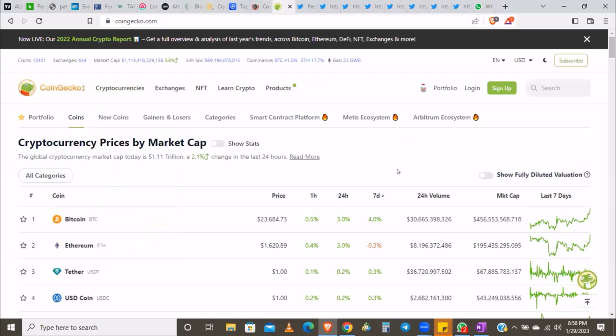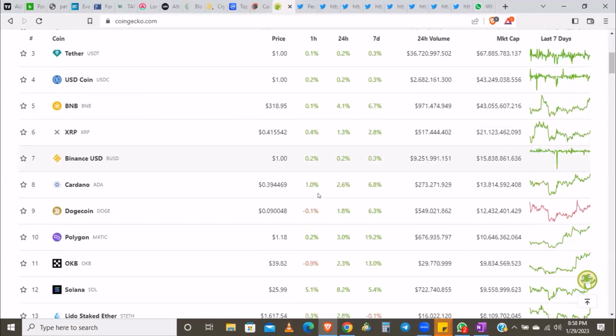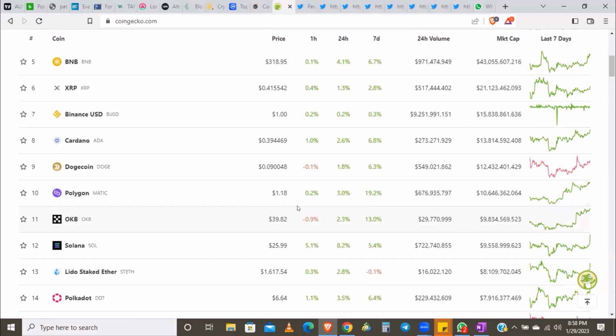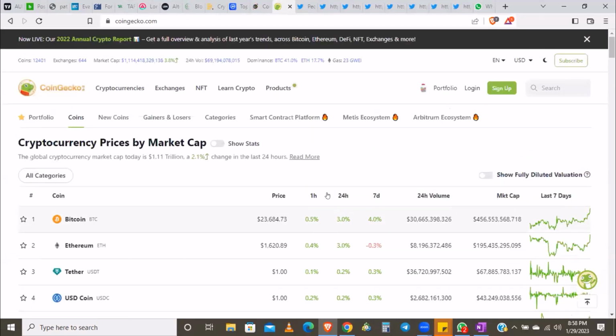I bet you this site has a lot of information about crypto. Think of any cryptocurrency, any altcoins, any tokens, they are all here. If you want to know about any token, come here, click on it, read all of the information you want to get, and then make your decisions.